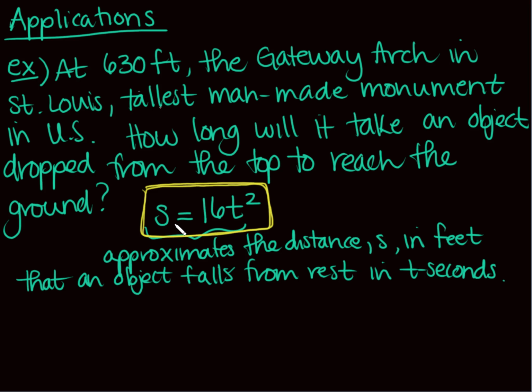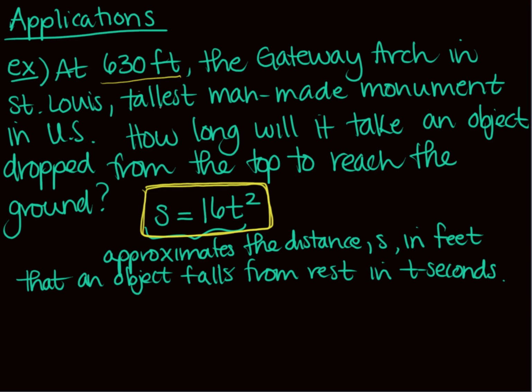It's a pretty basic formula. If you've taken any physics, you'll see this. If you take calculus someday, you'll see a formula a little more complicated than this, but pretty much the same. But this is the formula that's given, and let's see what this whole thing is asking. So at 630 feet, the rest of the stuff doesn't matter at all to my problem. How long will it take an object dropped from the top to reach